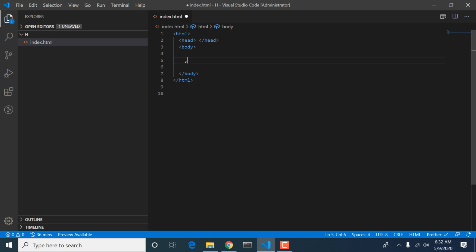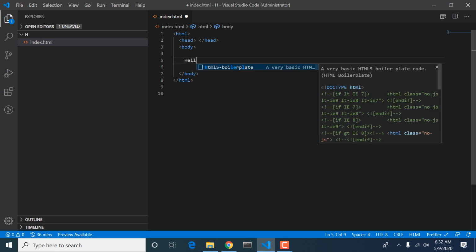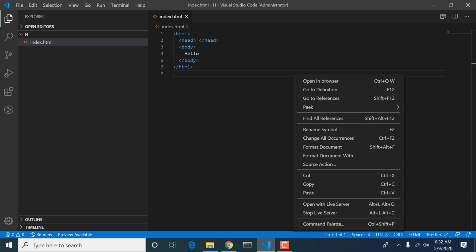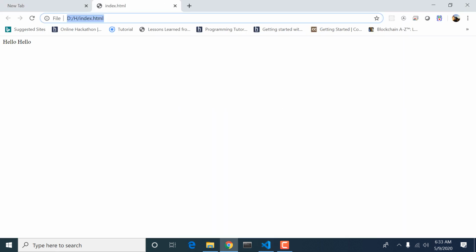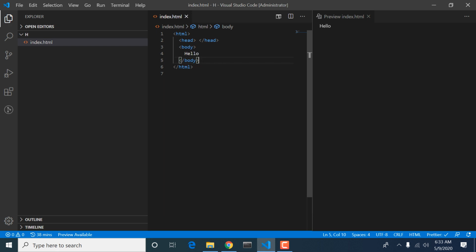Like if I write hello and open my browser, we will show our code in the browser. You can look at your code in any of your desired browsers. We are using Google Chrome here.